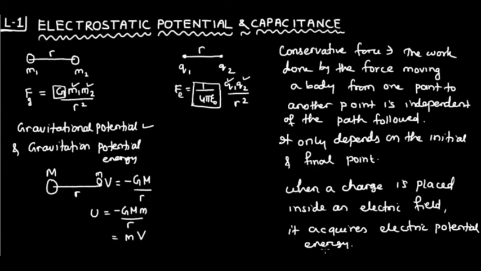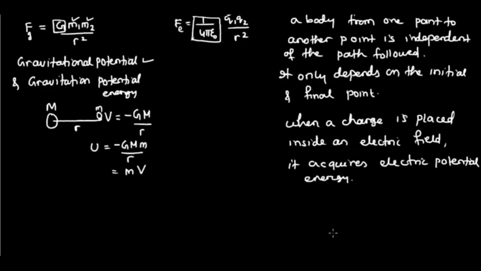Is that clear? The electric field may be produced by a point charge, or a line charge, or a charge sheet. But when a charged particle is placed inside an electric field, it acquires some electrostatic potential energy. We will derive the expression for electrostatic potential energy in the upcoming classes, but today we will